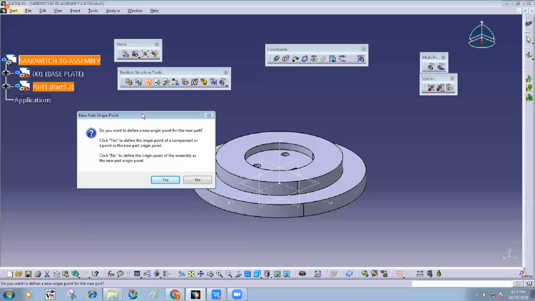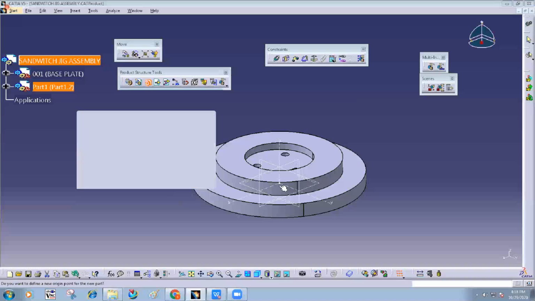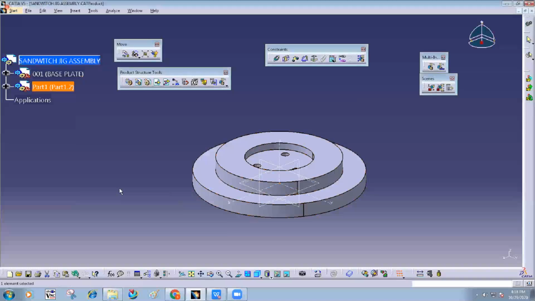Yes. So what it means? The origin will be default, zero origin here. And if you want to switch origin of new part to something over here, then you press no and define that origin. But I am taking yes today. Next time I will show what will happen for no. So I'm taking yes. So your default origin location is 0 again. Okay. Now this part is introduced.